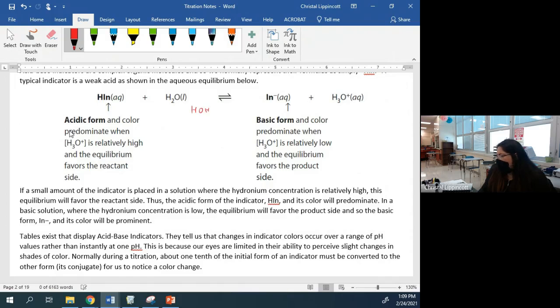So like this one would take water here and form this, and then that would be leaving this behind. And so in the base form here, it's one color, and then the acid form, it's a different color. And so since your eyes can detect that color change, that allows you to be able to tell when it's changed within that